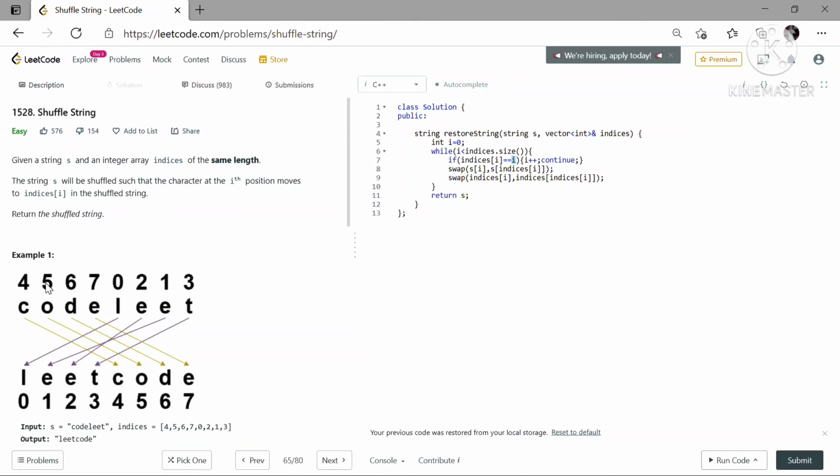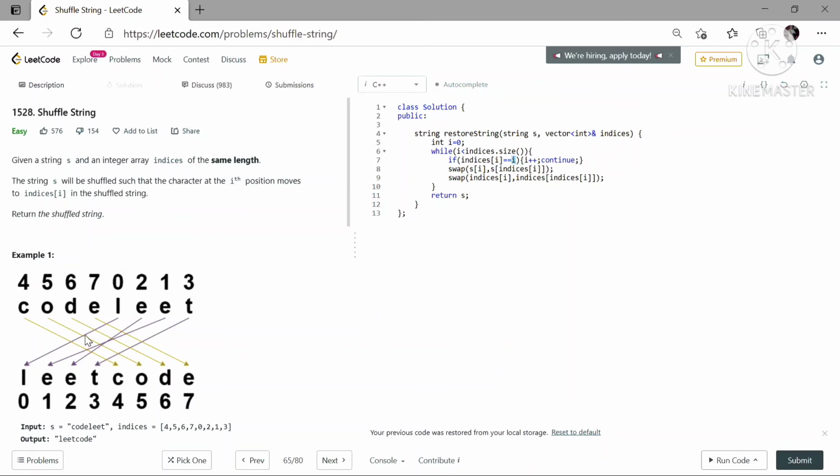So 0, 1, 2, 3, 4. That is, we will swap this 4 and 0. And correspondingly, we will also swap the C and L in this string. So 0 will come here at the beginning and L will come at the beginning of this string. 4 will come at the place of 0 and C will come at the place of L.